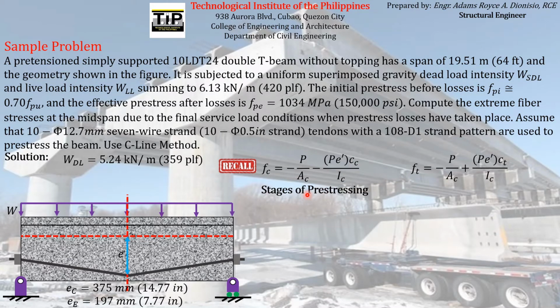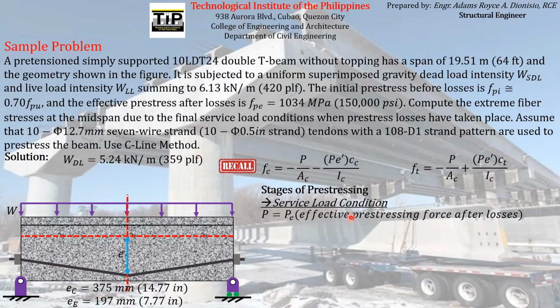Since we are analyzing the concrete element at final service loads, we have to recall that on the service load condition, which is one of the stages of pre-stressing, the P or the pre-stressing force acting on the pre-stressing reinforcement is equal to the effective pre-stressing force PE,